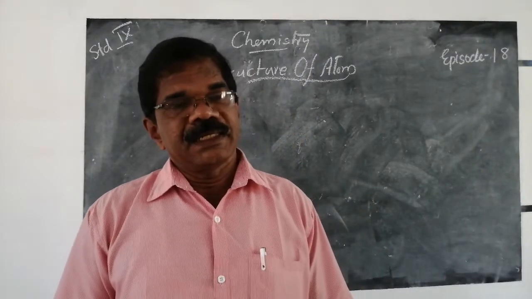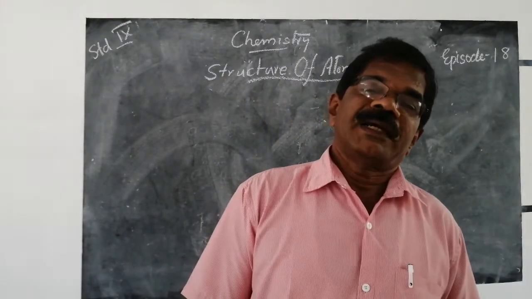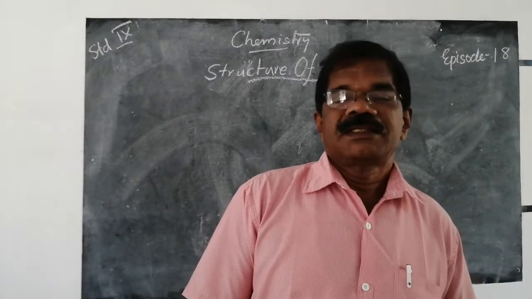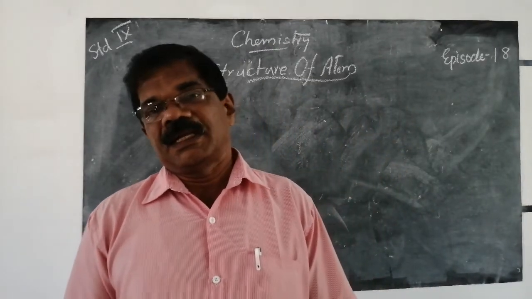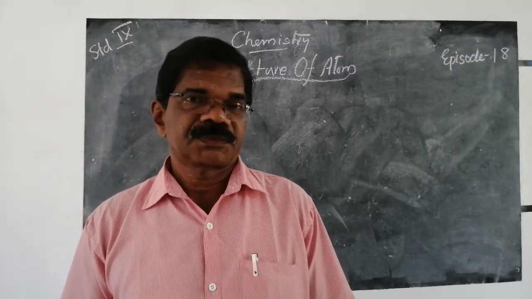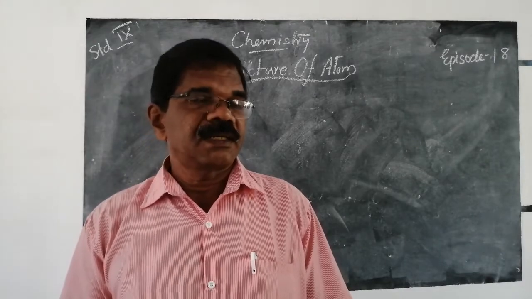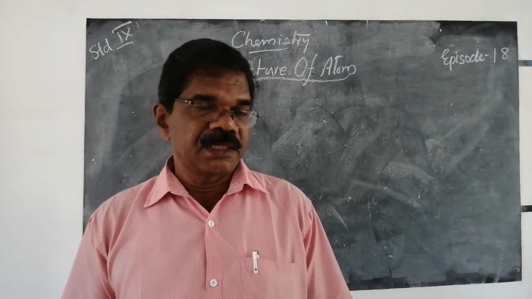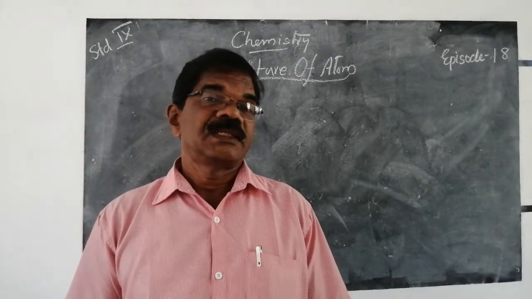You don't need to learn the names and symbols by heart. By use, several of you use this. Then you will remember on seeing the symbol whether it is sodium or sulfur. So you must learn the name of the element, the symbol of the element, the atom, and above all, the